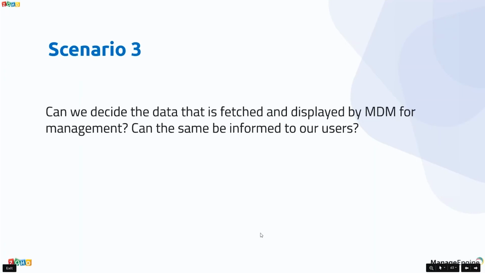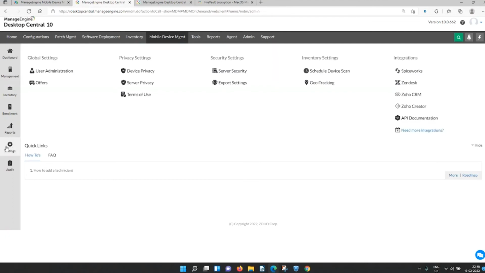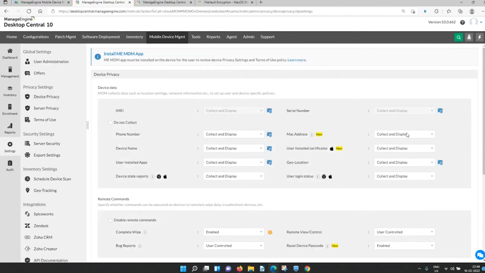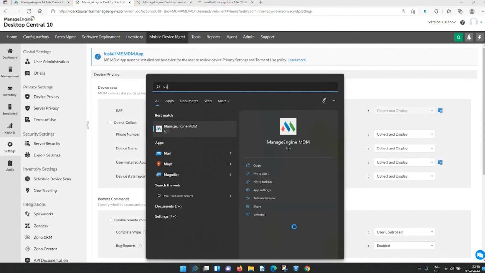And is it possible to decide the data which is being fetched and displayed the same to the MDM management? Yes, because if you'd like to know what are the details the solution collects, and if you would like to show the same to your users as well, you have the options under the settings tab, device privacy, where you can customize what information you want to collect and what not. So based on the inputs, the same will also be shown under the ManageEngine MDM app within the devices,